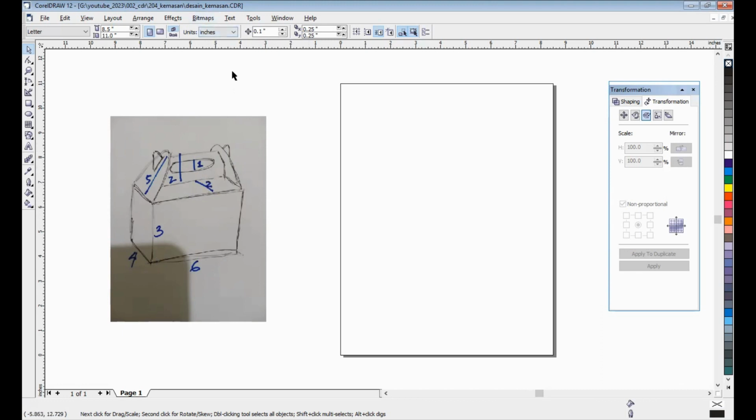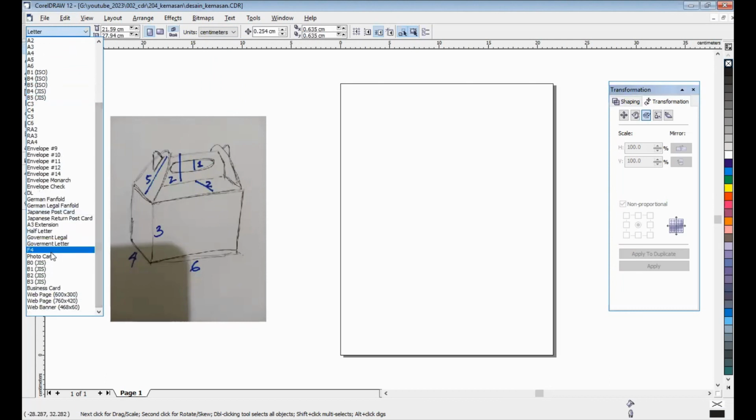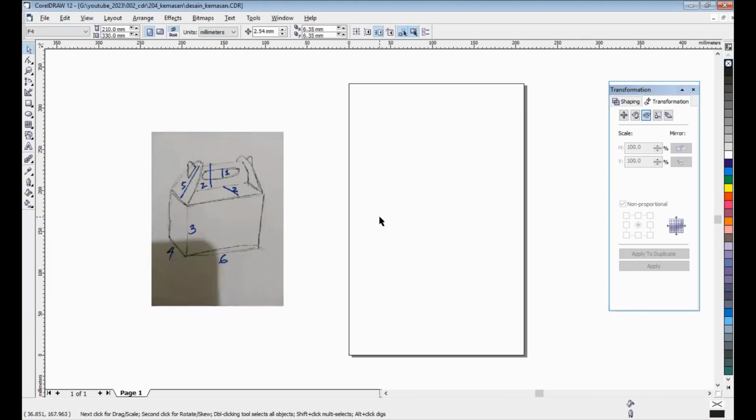Okay, I will change the unit to centimeter. Then I want to change the paper size to F4.